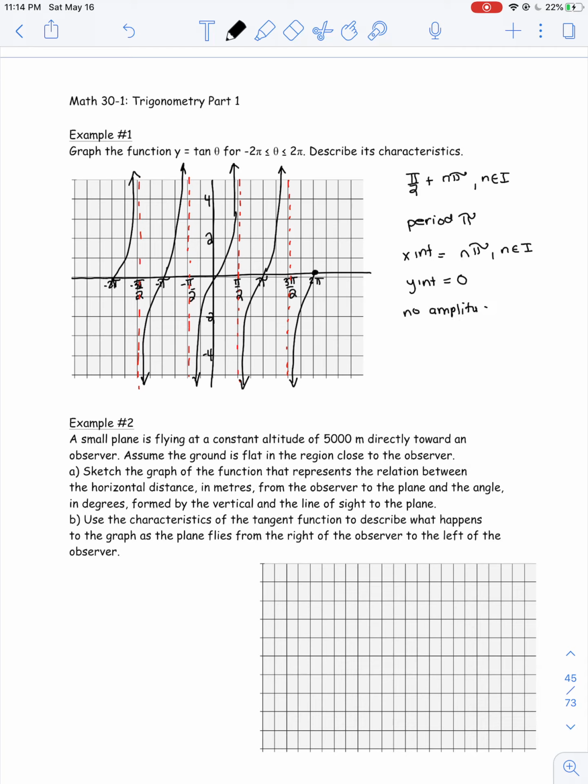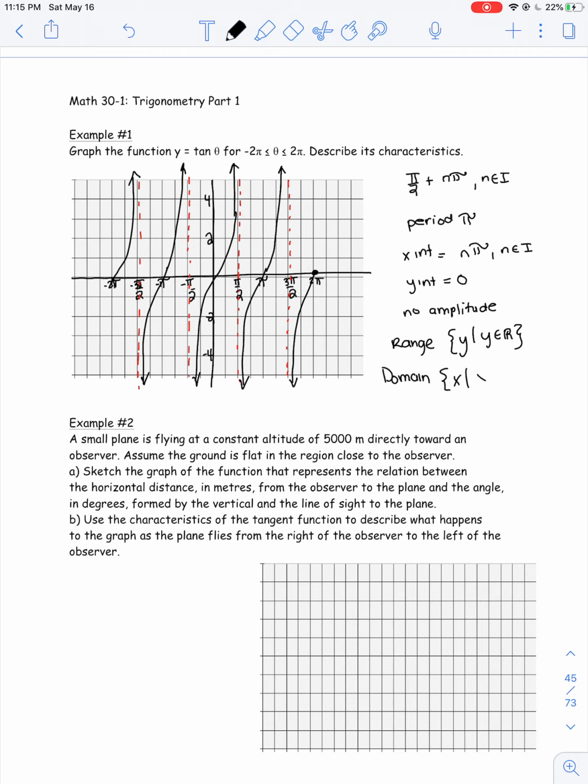The reason being is that the graph goes up forever, downwards and upwards, so we can't really find the amplitude. There's no max and min. The range is going to be y such that y is an element of real numbers. It goes on forever, upwards and downwards. The domain, though,